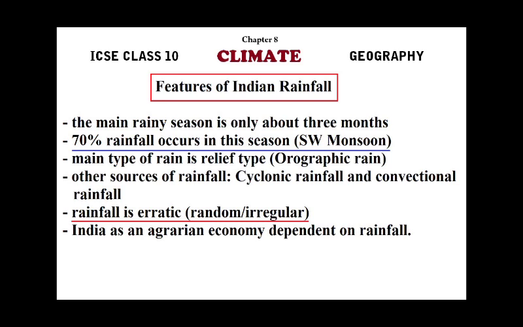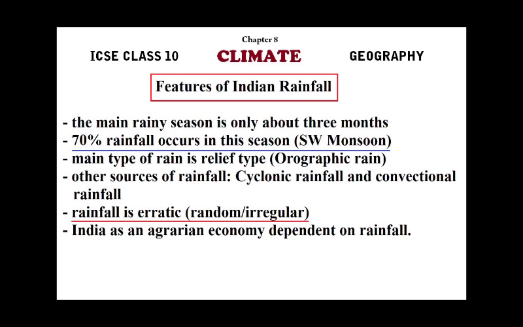Now the other source of rainfall is cyclonic rainfall. We have both tropical cyclones as well as temperate cyclones helping in getting some rainfall, and convectional rainfall. Then one of the important features of the rainfall in India, or the monsoon rainfall, is the